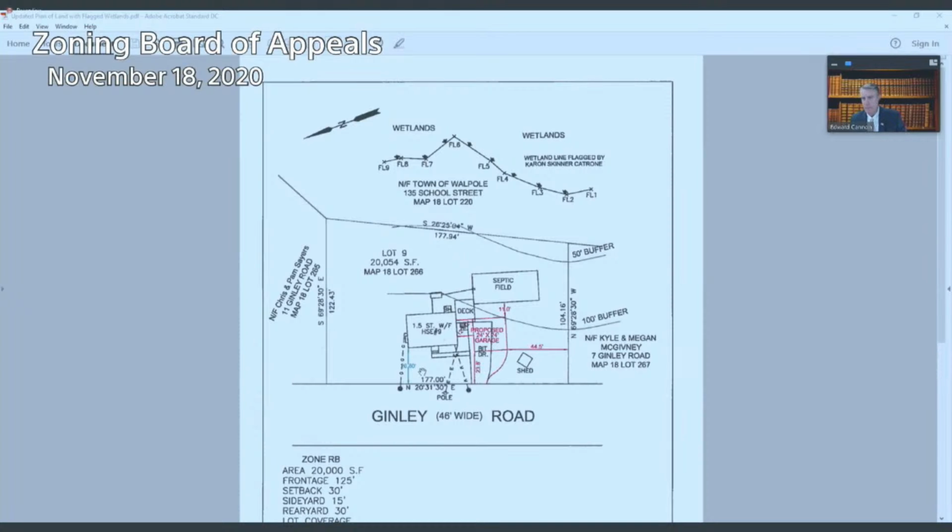If the board's not persuaded about the expansion of the nonconformity, the applicant did request a variance. I do think because of the topography of the lot, that a variance is appropriate if the board prefers that avenue of relief. And if I may, I'll just take the board briefly through